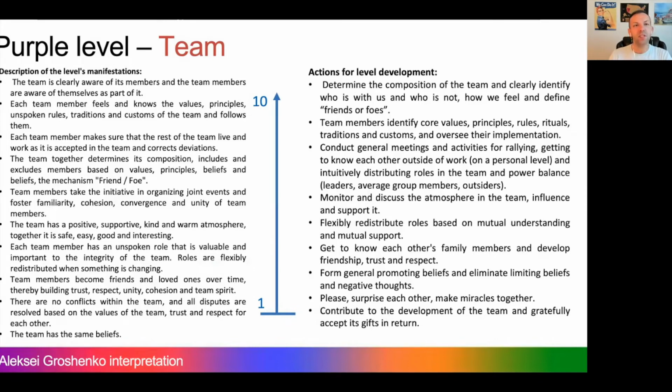In social psychology, there is one of the main principles. So I, as a team member, perceive myself as a part of this group, and mutually, this group perceives me as a part of it. That's very important. And this mutual perception is a sign that we are on a great level of purple. Each team member feels and knows the values, principles, unspoken rules, traditions, and customs of the team and follows them. Each team member makes sure that the rest of the team live and work as is accepted in the team